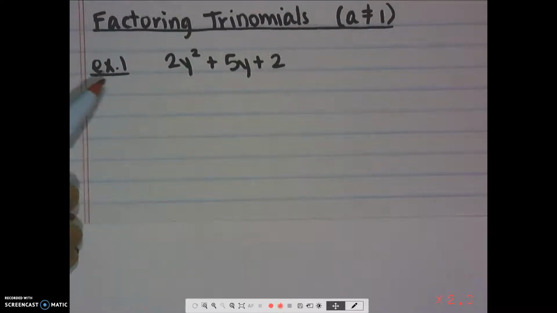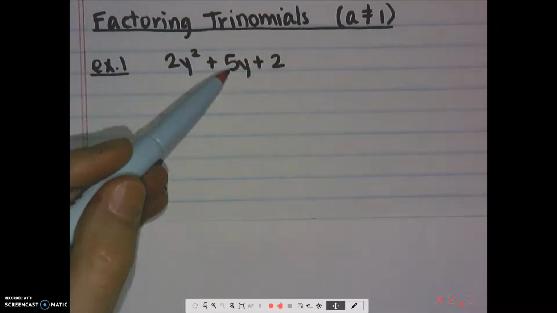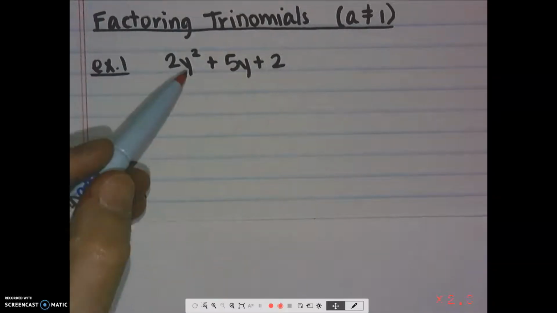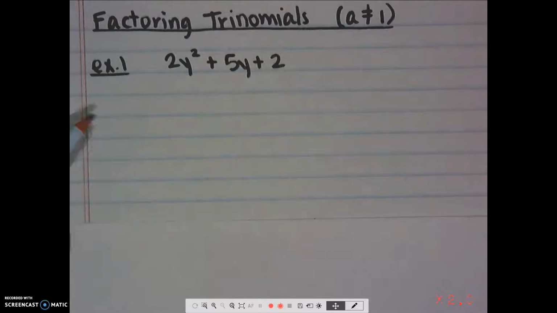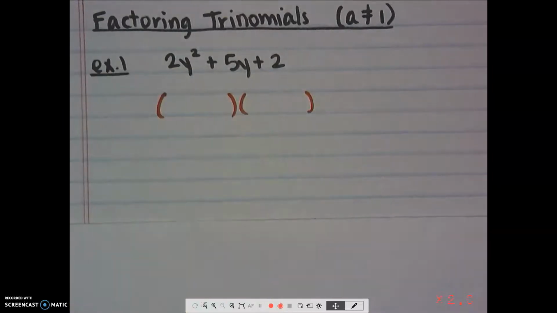So if we have 2y squared plus 5y plus 2, the first thing we're still doing is looking for a GCF. So 2, 5, 2, those all don't have something in common, and all three terms don't have a y. So there's no GCF, which means we need to start our process of factoring. Now, today we're going to focus on the method of guess and check, which means we're going to educationally guess, and then check our answers to see